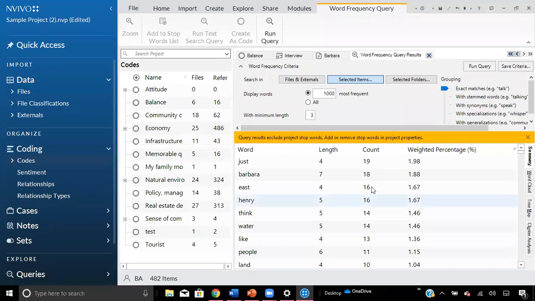Okay, here's the word frequency results window. Here we can select the number of words we'd like to appear. I'm going to use the 50 most frequently used words, and a minimum word length of 4, just so that it takes out words like "and" and "the" that are maybe frequently used, but not necessarily giving us data.